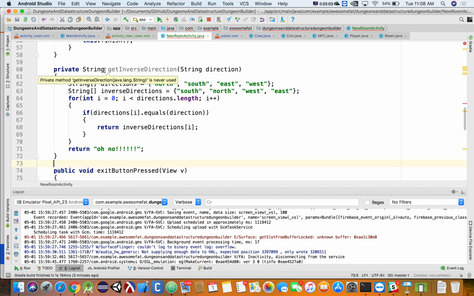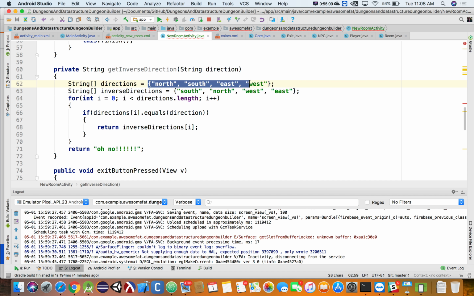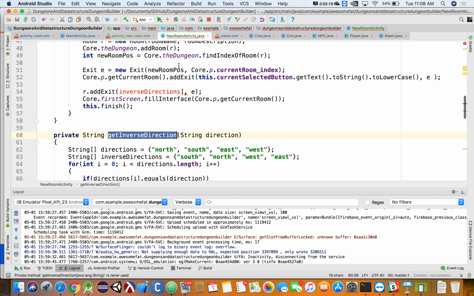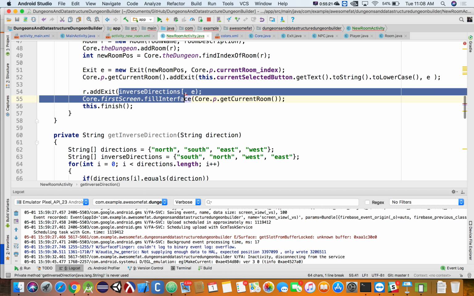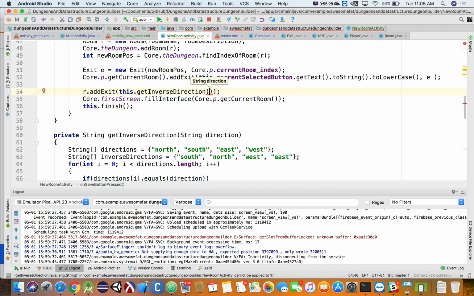All right, so getting the inverse direction, we'll pass in a direction. It'll figure out what direction we passed in, where it's located in here, and then return that same position from this array, which is the inverse of all of them. So we'll call our get inverse direction up here. We're going to add an exit, this.getInverseDirection, our current direction is,